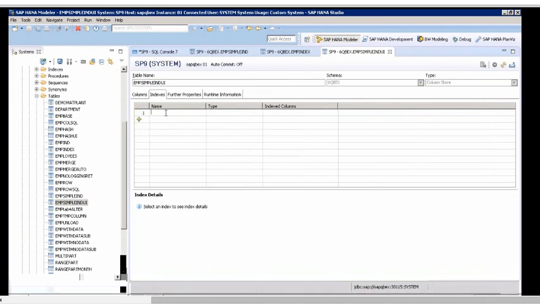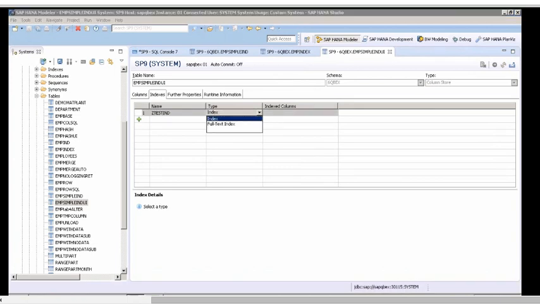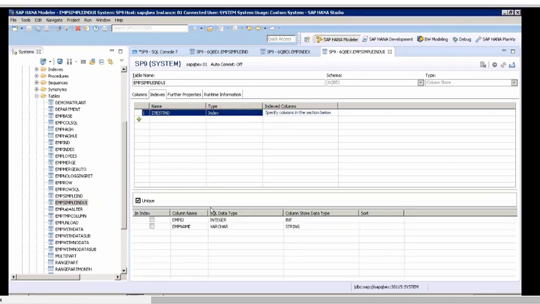What index name do you want? Red test IND. What is the index type? There's an index type called full text index. We'll come back to this later when we deal with sentiment analysis and processing of unstructured data. We deal with normal indexing. You say index, and here you just specify the column selection below.